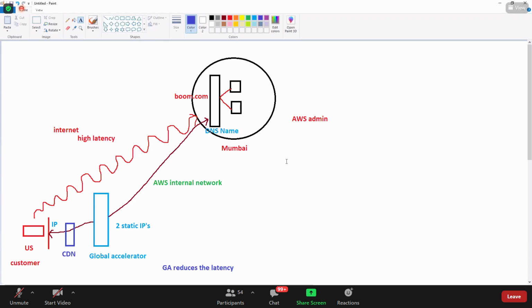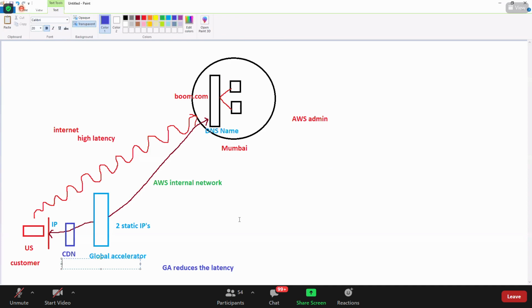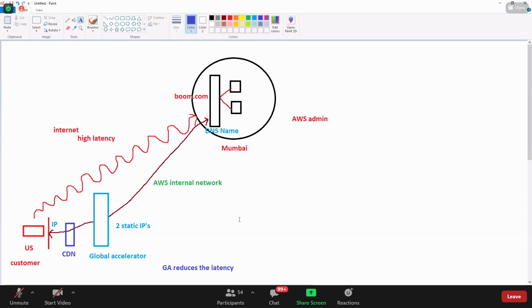We had a very nice session on CDN. Guys, do you remember CDN? Content Delivery Network, edge location. CDN is nothing but your edge location for website caching. Okay. So guys, if you have this kind of requirement, go and enable it.